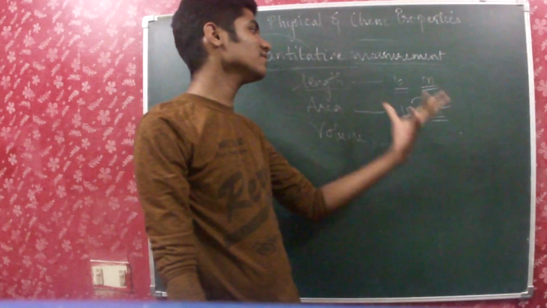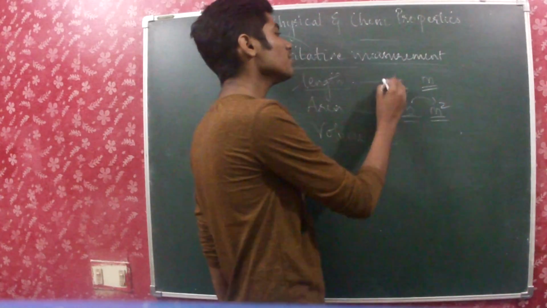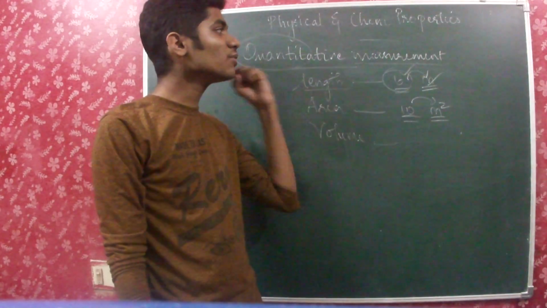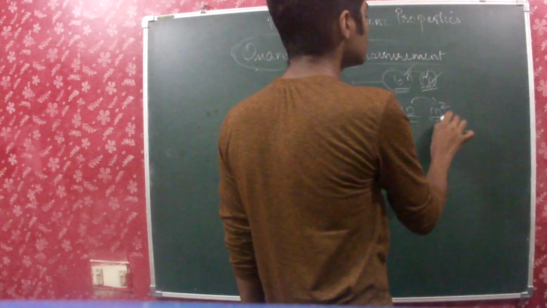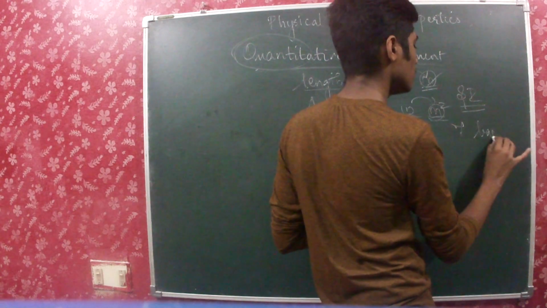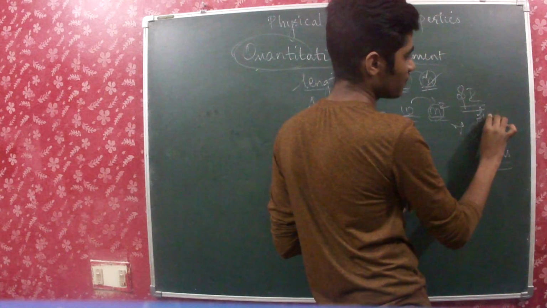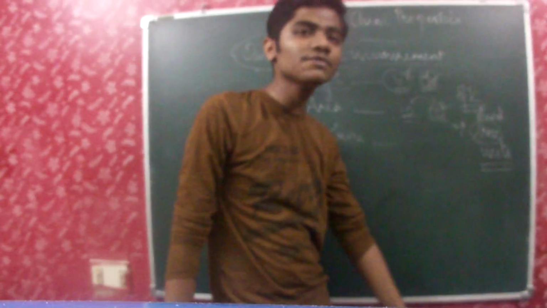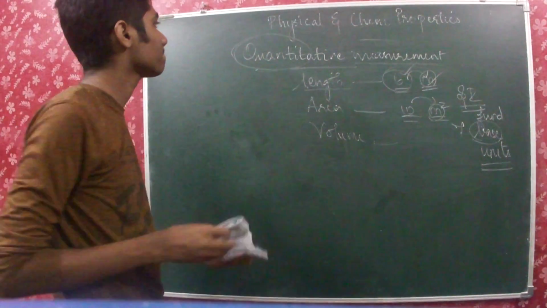For length we write the number and then the SI unit. So for length, area and all that, the measurement is indicated by the number followed by the unit in which it is measured. This is quantitative measurement. The unit which we use here is based on the SI system, and there are 7 base units in the SI system, the fundamental units. All the other units are derived only from these fundamental units.